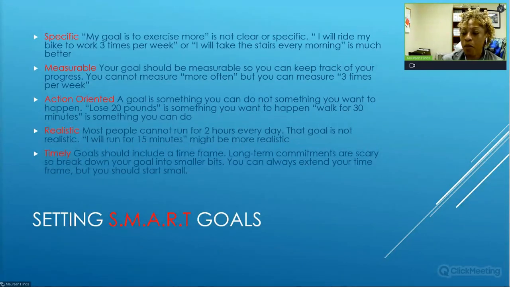The last part of that expectation when we're talking about SMART goals is to make sure it's done in a timely fashion. So there should be a time aspect related to your goal. So let's say we go back to I will ride my bike 3 times a week. How long do you plan to keep that up? We don't want to leave it for eternity, but rather let's say for the next 3 months, I will ride my bike 3 times a week. And that will again fit that note as to that time factor.